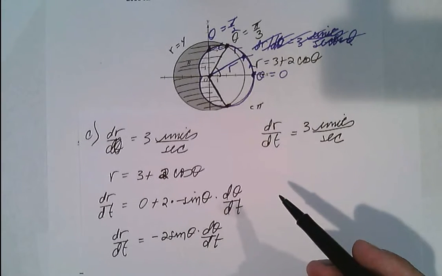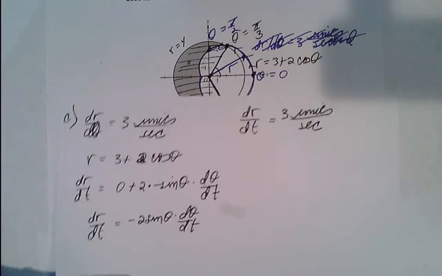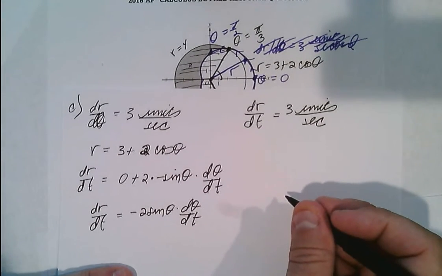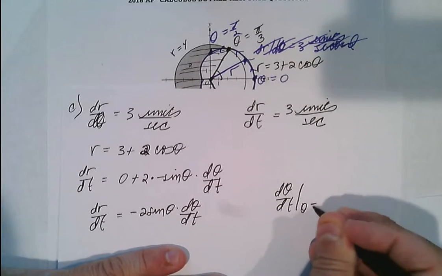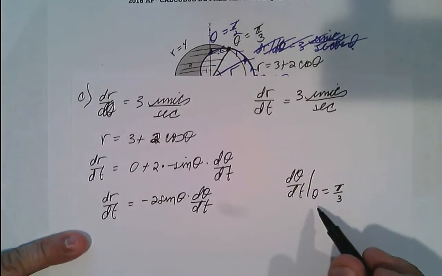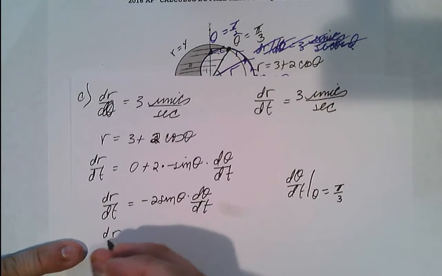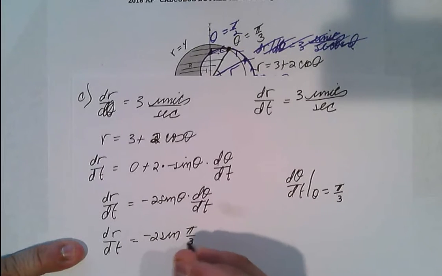I want to know what the value of, let's see, what was the question again? Find the rate at which the angle theta changes with respect to time at the instant when the position of the particle is pi over 3. Theta equals pi over 3. So what I want is d theta dt when theta equals pi over 3. Well, I'm just going to evaluate at theta equals pi over 3. Dr dt is negative 2 times the sine of pi over 3